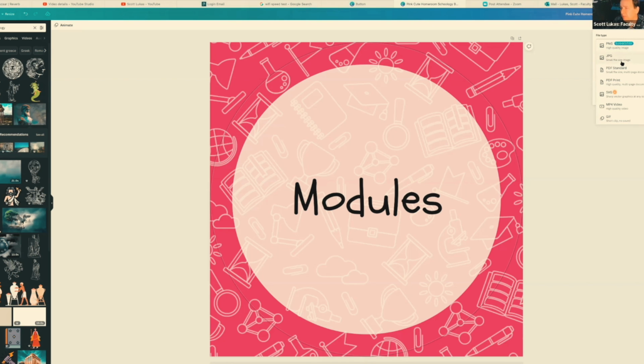A JPEG is pretty good, but if you put a JPEG at the lowest quality, it's going to be pretty grainy. You don't need a huge high resolution image with a lot of pixels, because buttons are fairly small on a page. They're not going to be full screen, 1,000 pixels. But that being said, you don't want to get into that super small size. And once you do that, you're just going to click download.